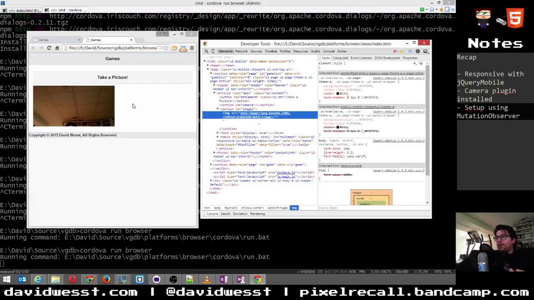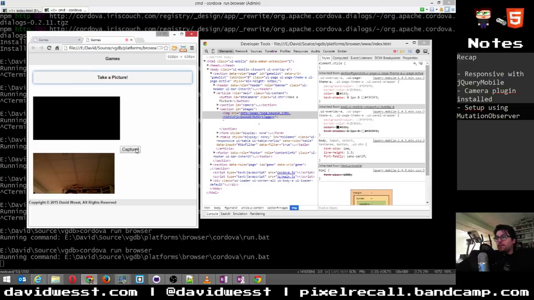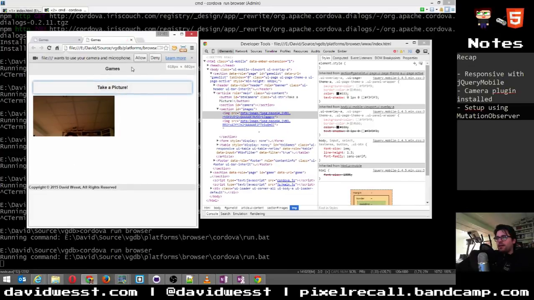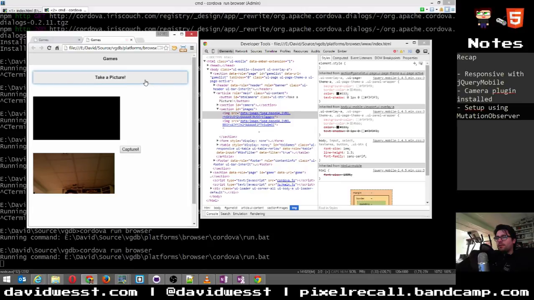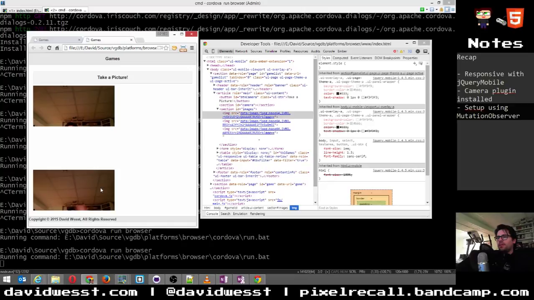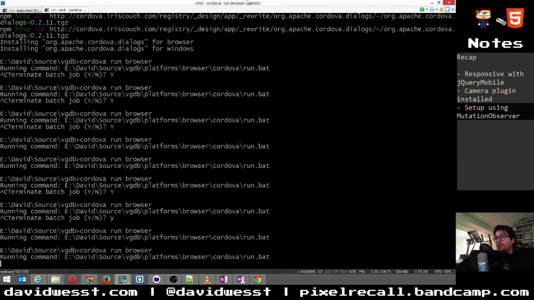But now that we know it works, we can just take another picture as much as we want, keep on adding them, capture, and it keeps on going. Well, that one actually didn't add anything, so we'll do allow. Hello. There we go. Capture. There we go. A little bit different. There's a bit of my hand. There's a dead one here that doesn't matter. But you can see they're all 300 by 150, and I don't know why that is. So I think there's definitely some work that needs to be done here. But that being said, it's still pretty cool that we took a picture with our browser.